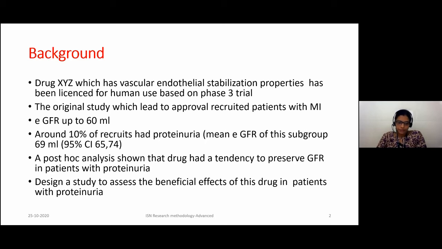Around 10% of the recruitees had proteinuria with a mean eGFR of around 69 ml. A post-hoc analysis has shown that this drug has a tendency to preserve glomerular filtration rates in patients with proteinuria. So this is the background. Now we are going to design a study to see whether this drug has nephroprotective actions in patients with proteinuric kidney disease.